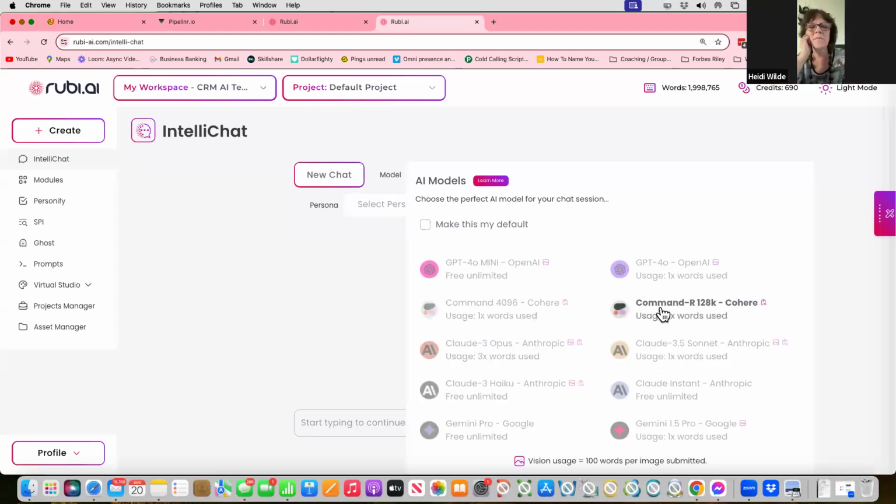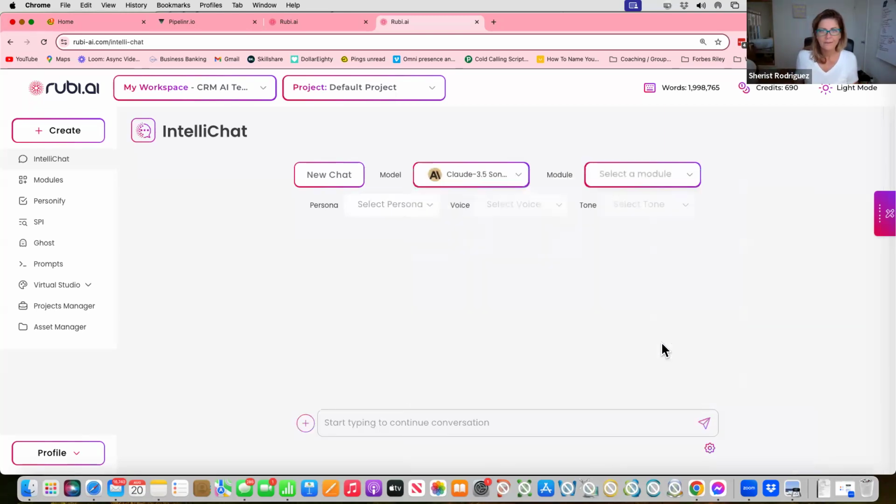So let's pick, I'm just going to go with one. By the way, if you don't want to use your words, you can do the free. So they now have a free version, but that free version is very limited. So if you're going to be doing your copy, that's going to be something you're attracting and writing, I would definitely use one of the other ones because they're much, much better. So anyway, let's just go with Sonnet. Okay.